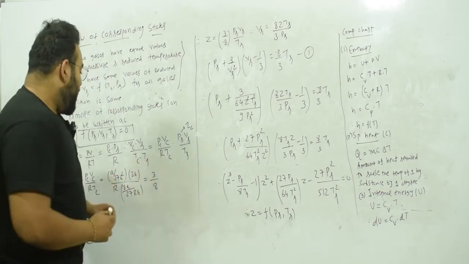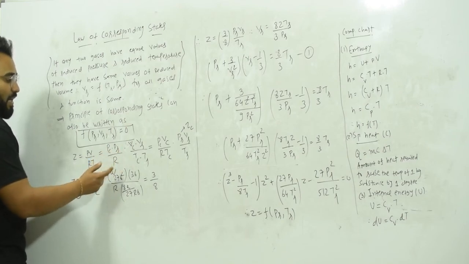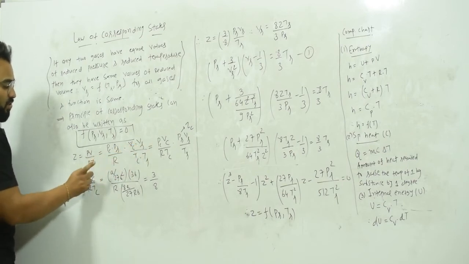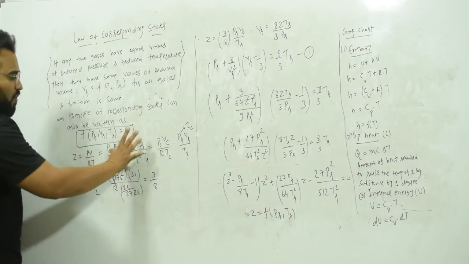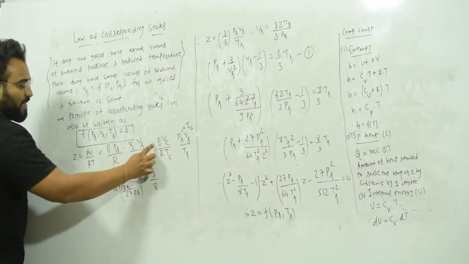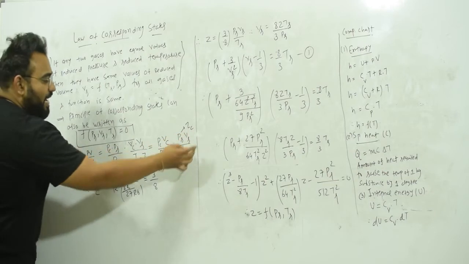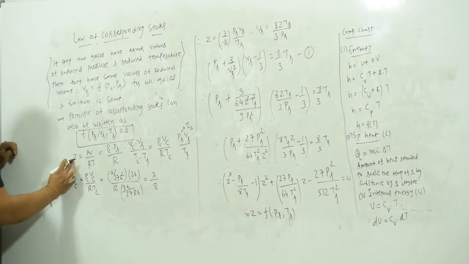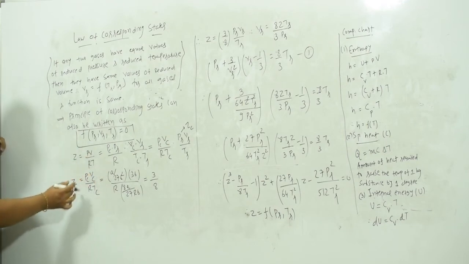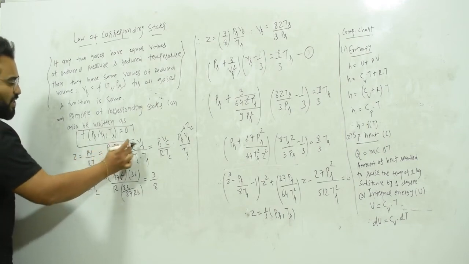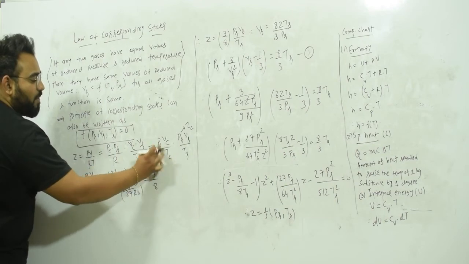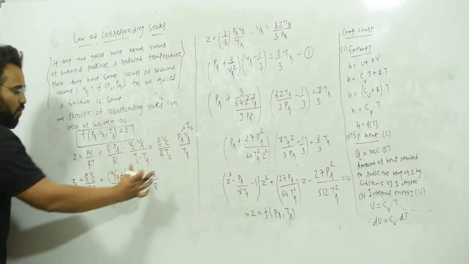So in place of P I have written Pc dot Pr, in place of V I have written Vc dot Vr, in place of T I have written Tc dot Tr. Now we are going to group the terms: Pc Vc upon R Tc dot Pr Vr Tr. Again I am going to repeat, Z is equal to PV upon RT, where Z means compressibility factor. From reduced properties we know that P equal to Pc dot Pr, V equal to Vc dot Vr, R as it is, T equal to Tc dot Tr. I have just grouped the terms like this: Pc Vc upon R Tc dot Pr Vr Tr.